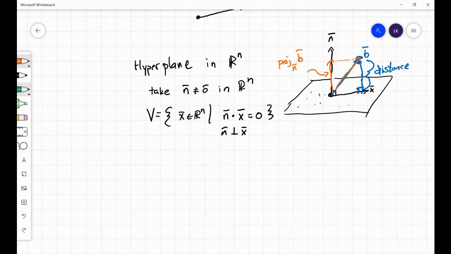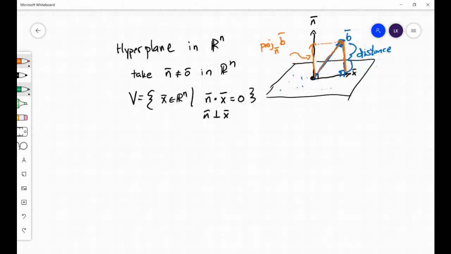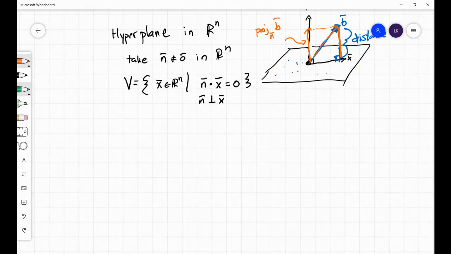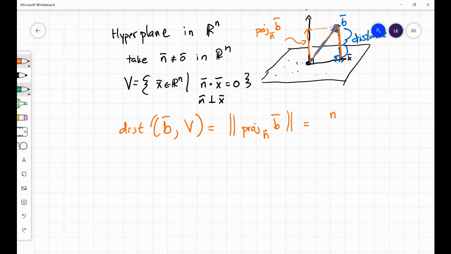And then the magnitude of that vector is exactly the distance we're looking for, right? So what you can do is say, okay, so the distance between point B and this hyperplane is exactly the magnitude of the projection of the vector onto the vector that's perpendicular to the plane. So that's going to be